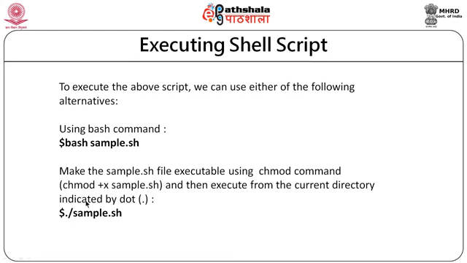The dot and slash indicates the current directory, and this file, if it is executable, will execute and you can see the output according to the script. So, these are the two different ways which are mostly used by programmers to execute shell programs. One is bash, which means we are invoking the bash shell, that is Bourne Again shell, to execute the shell program, and the other is using the default shell which executes our shell script.